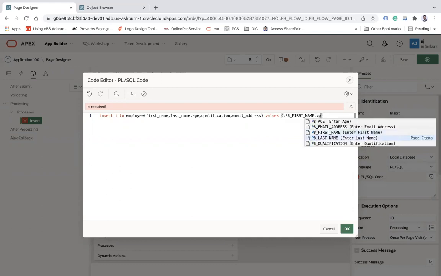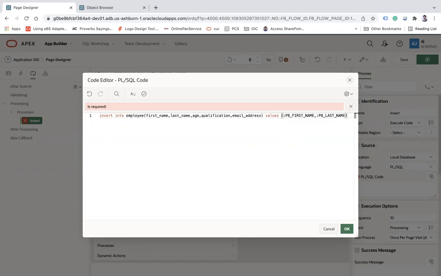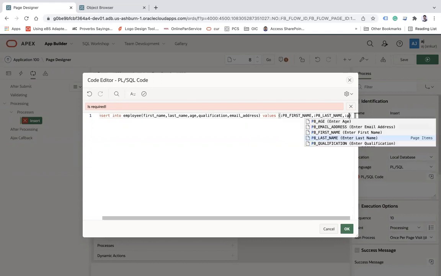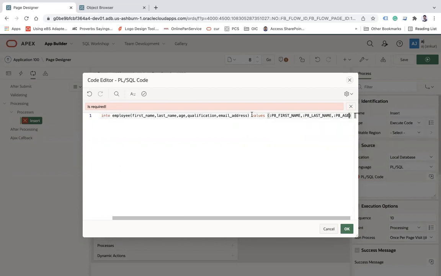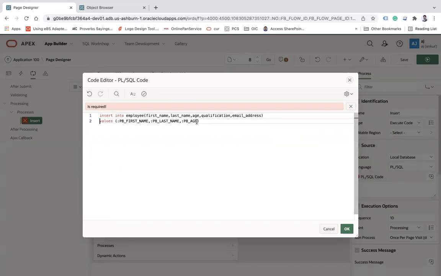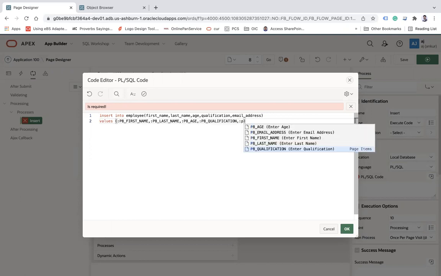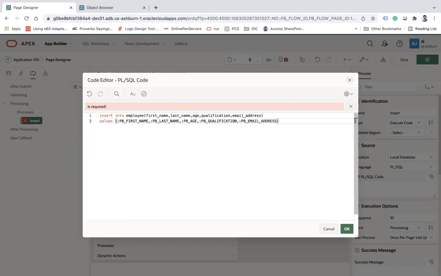The last name, P age. Okay, you can make it in the next line to make sure it looks neat, and then P qualification and P email address, and then okay, let's try to validate this query.